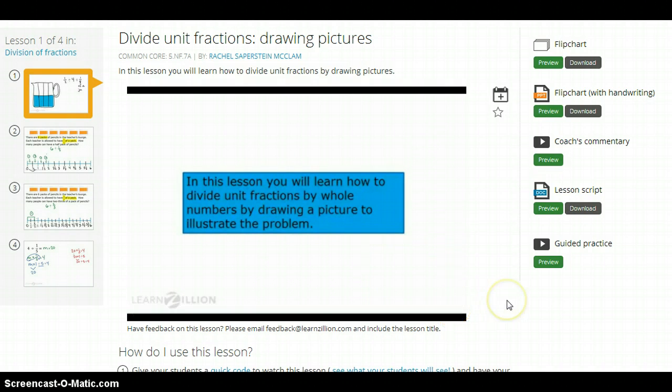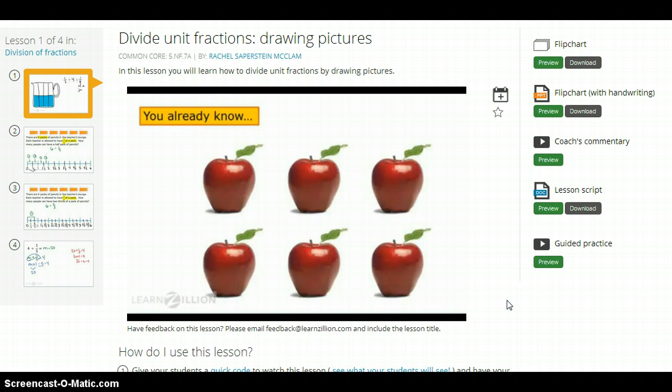Mathematicians, in this lesson you will learn how to divide unit fractions by whole numbers by drawing a picture to illustrate your problem. You already know that one way to divide whole numbers by unit fractions is to draw a picture. For example, if you have 6 apples and each person gets 1/2 of an apple, you know that to figure out how many people can have apples, you will split your apples in half to show each person getting